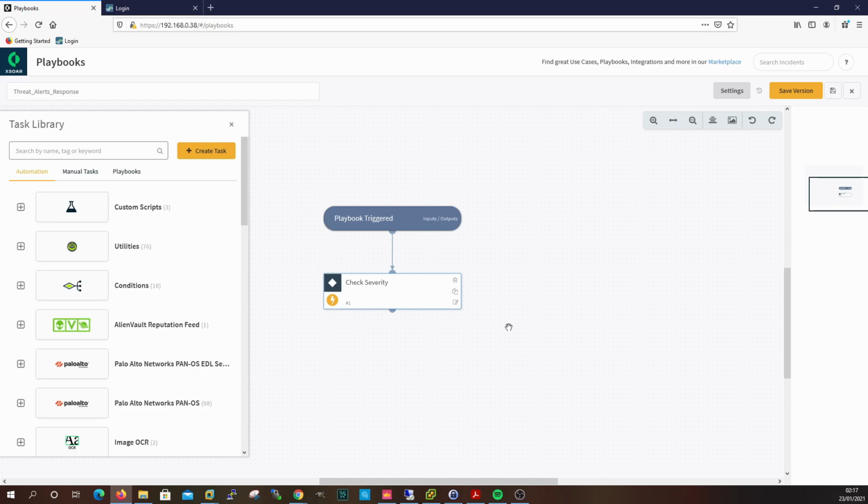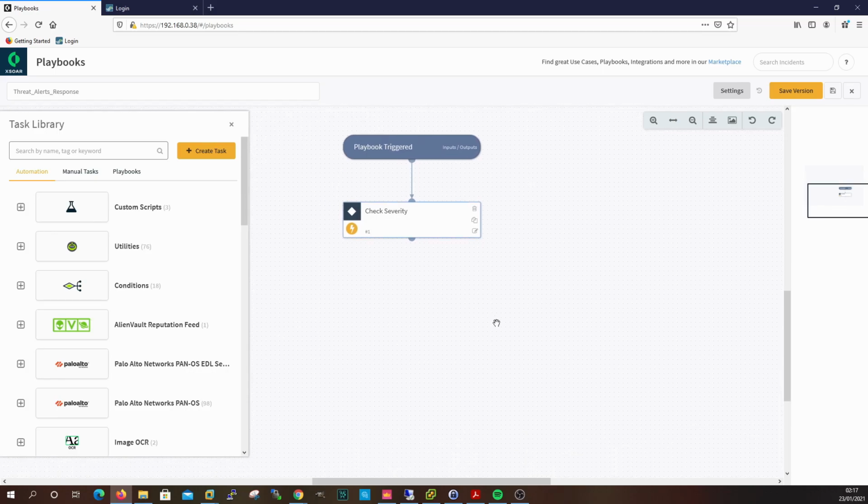And from there we're going to add a task on this side and a task on this side for the whole graphical niceness of it. And on this branch we're going to create the automation to block the destination IP, assign an analyst to the incident, and then email the analyst with those details, and then wait for the manual investigation. And on the other side we're going to, I don't know, we'll probably just leave it open for a